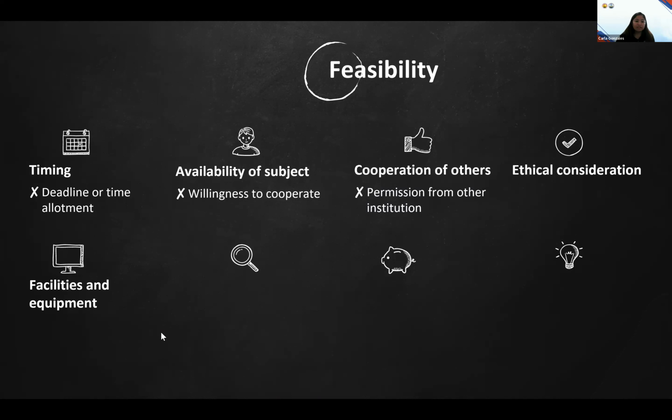And then ethical considerations, we have discussed all that. Facilities and equipment: whether there is any technical equipment and appropriate lab facilities. I have one example. There's a nurse working in the community, and she wants to study the ability of older adults to take care of themselves if they are continuously communicating via cell phone with their relatives.